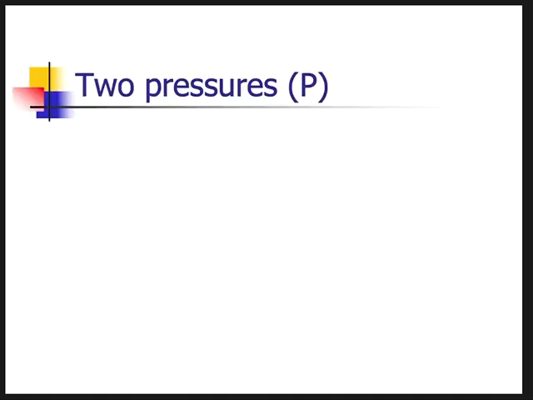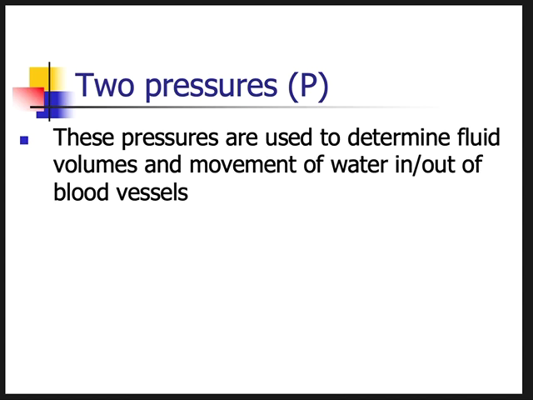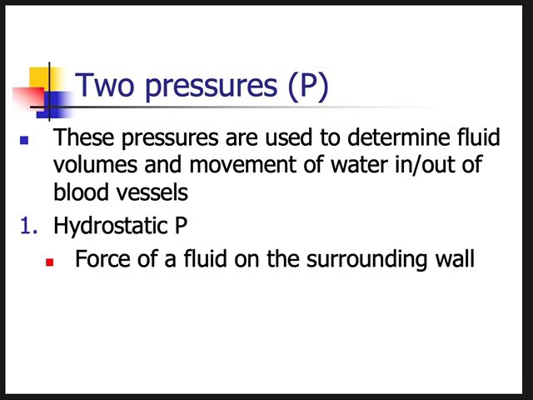The two pressures that we need to focus on will determine fluid volume. These pressures are used to determine fluid volumes and movement of water in and out of your vessels. So how does blood and how do parts of blood get out into the interstitial fluid? How does the interstitial fluid return into the vascular system? We have these two forces: